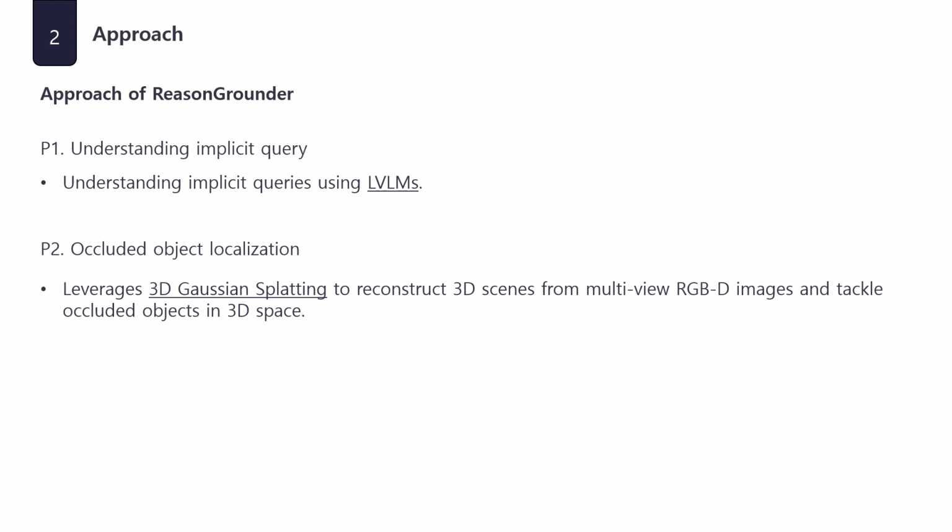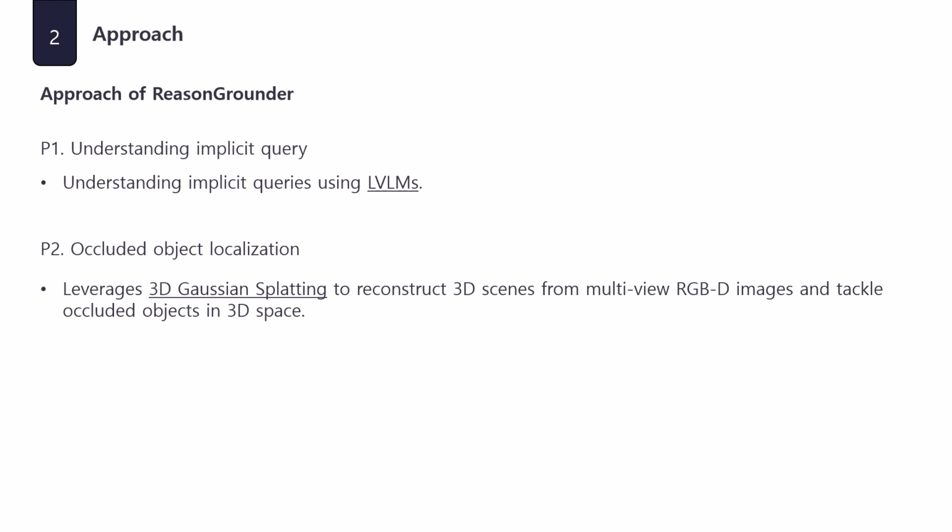So, how does ReasonGrounder tackle these challenges? Let's look at its approach, which addresses the two main problems we just discussed. First, for understanding implicit queries, ReasonGrounder leverages the common sense knowledge embedded in large vision language models, which, as many of you know, have shown remarkable progress recently. By using LVLMs, the model can better interpret the meaning behind implicit queries and specify the target object that needs